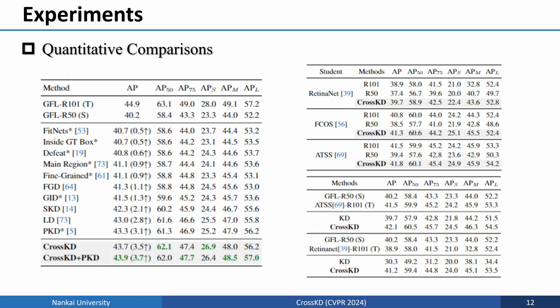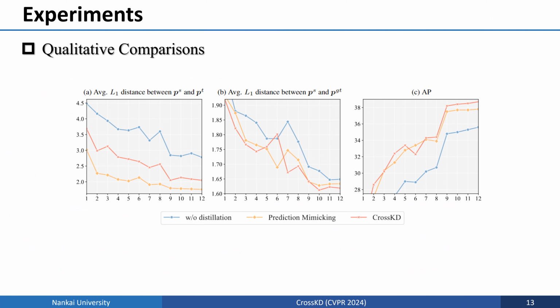Furthermore, we perform prediction mimicking in our CrossKD between detectors with different assigners to explore its effectiveness against the target conflict problem. We visualize the statistical variation during training to conduct further analysis on CrossKD and prediction mimicking. We calculate the L1 distances between the teacher and student predictions. As plotted in the above figures, the student's predictions are relatively close to the GT's, demonstrating CrossKD can relieve the rigid hard imitation between the teacher and student predictions.